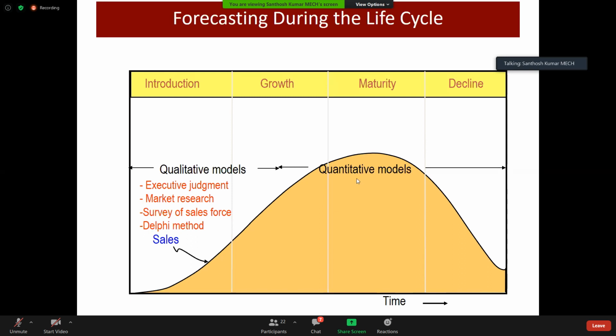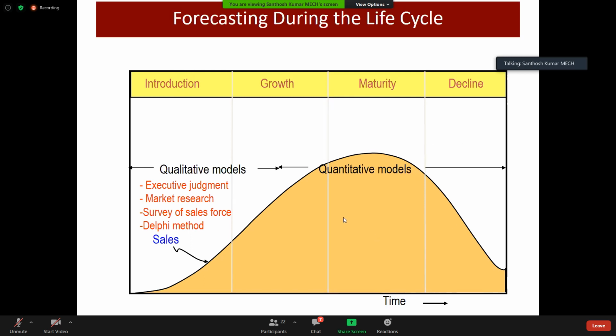Here the forecast will be very low, because once we reach the maturity level, the production has almost started. After starting production there is no need for much forecast, because after getting feedback and planning everything, the forecast is not required. That's why, as time goes on, the forecast declines, and that's why you see this paraboloid curve. Here there are stages: introduction, growth, and maturity, and after that it will decline.